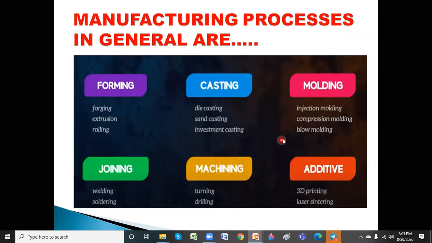I'll give one more link after 10 minutes. Join again, and I'll extend another half an hour, and we'll see the basic manufacturing processes and exactly what the difference is between traditional and non-traditional machining processes. We'll join again in another 10 minutes. I'll share the link in another 5 minutes.